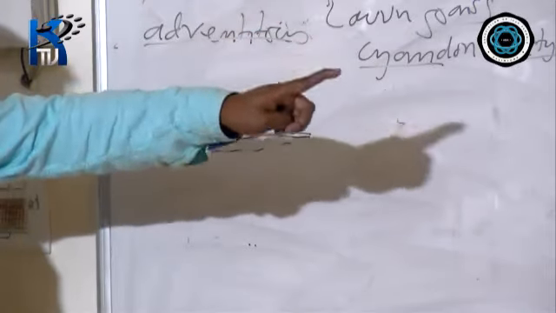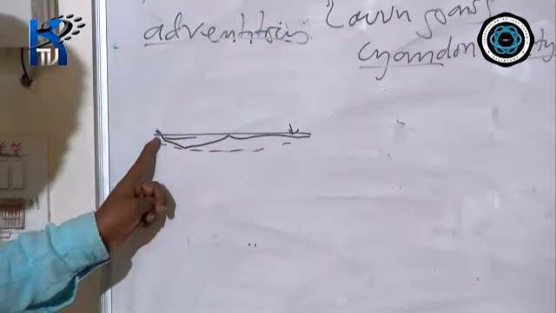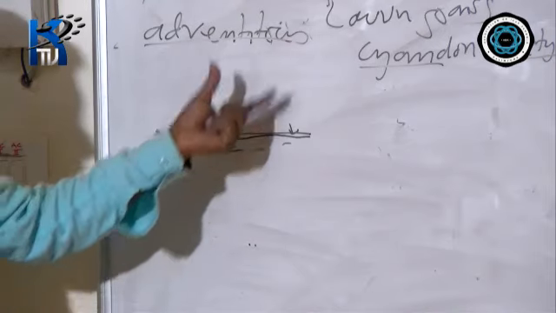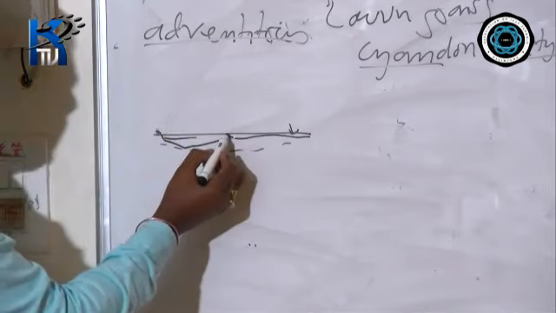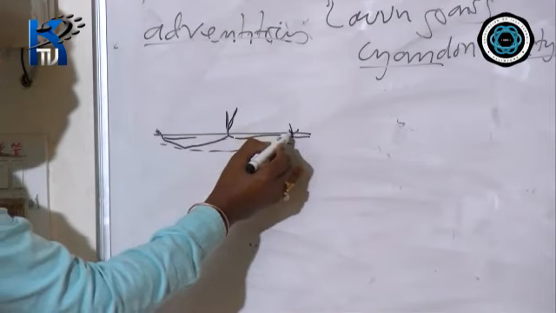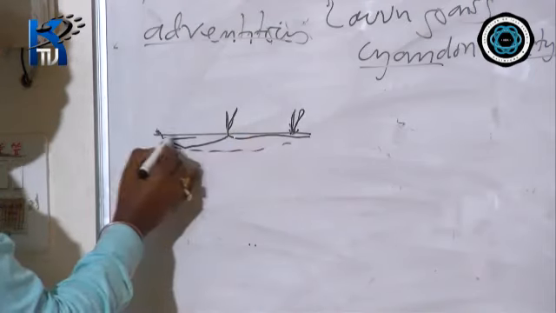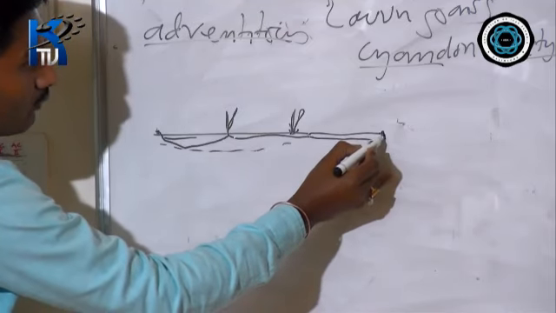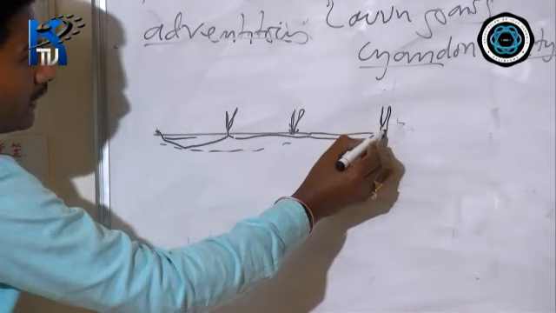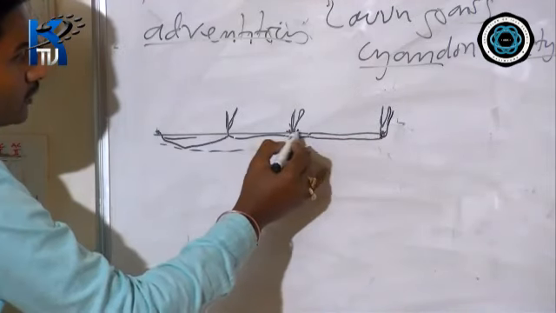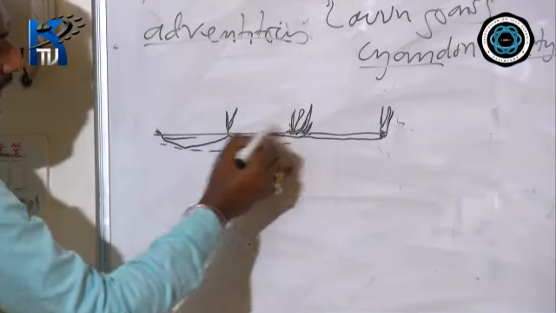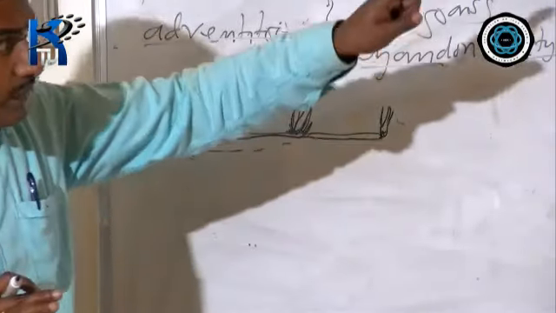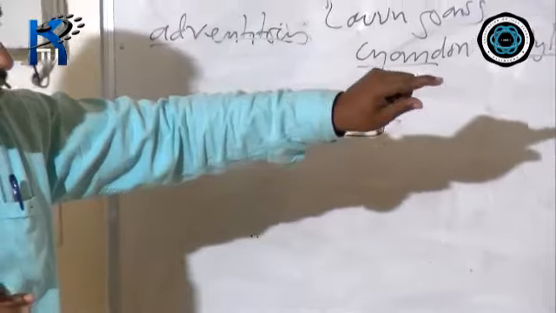A sucker arises close to the ground, travels underground for a short distance, and comes out to give rise to a new plant. That means from the node, it gives rise to a new plant. The root is growing underneath, and wherever the nodes are there, from there it pops out to give rise to a new plant. So this is the difference between runner and sucker.